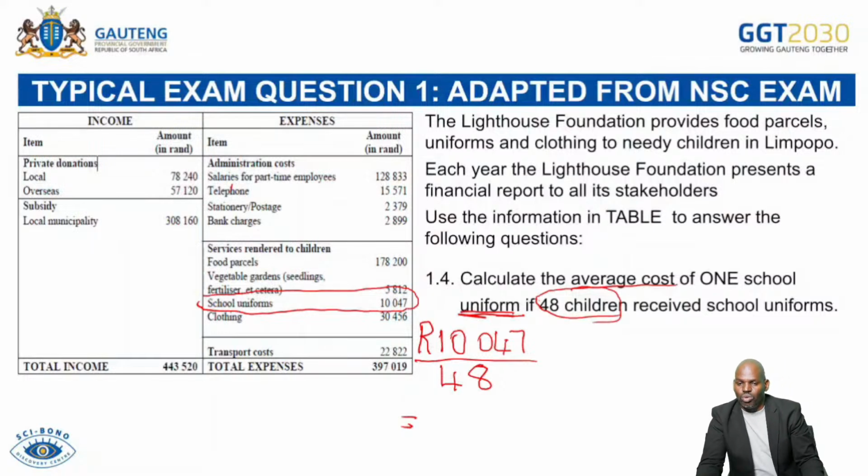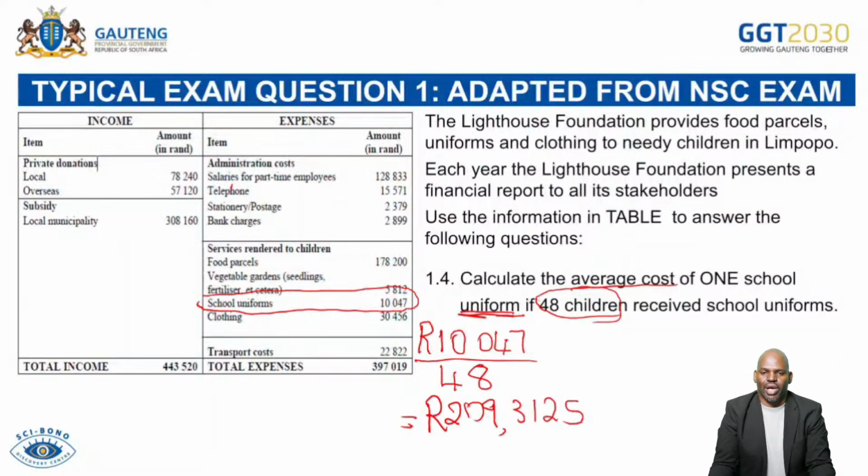Then using my calculator, please also use your calculator, 10,047, and then we divide it by 48, and then I'm getting 209,3125. So this is what I'm getting on my calculator. Okay, 10,047 divided by 48, I'm getting